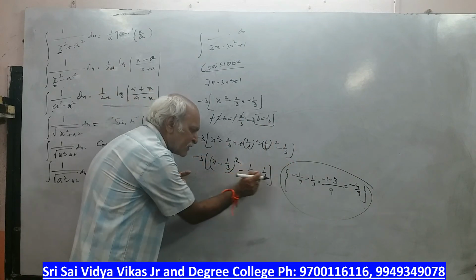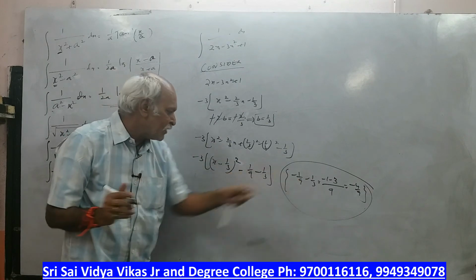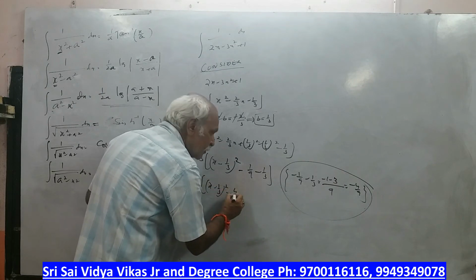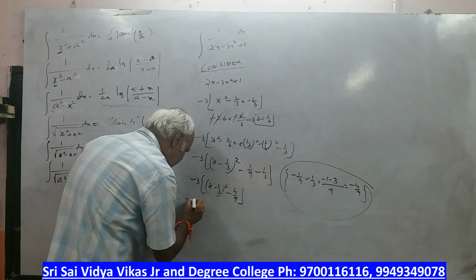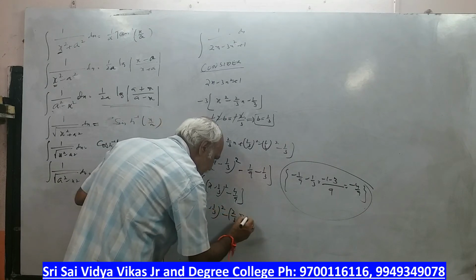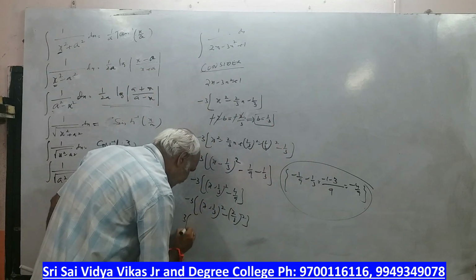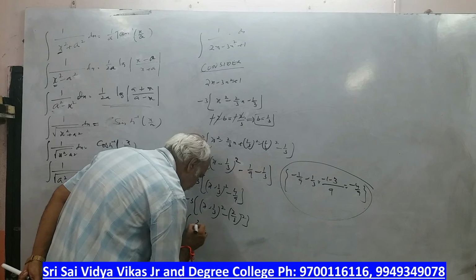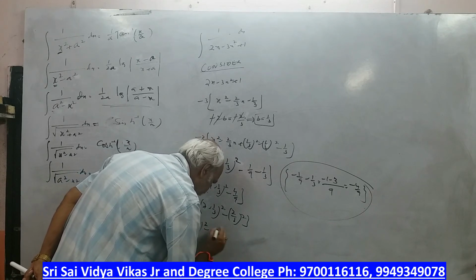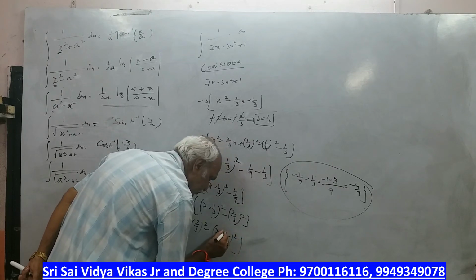Whatever value you get, you have to write as this. Don't bother about the minus sign, minus sign, plus sign here. All that is immaterial for us, sir. You have to see directly whatever value you get. So minus 3 into x minus 1 by 3 whole square minus 4 by 9. So this becomes 2 by 3 whole square. Therefore, again I told you, bring only the minus sign inside. So 2 by 3 whole square minus x minus 1 by 3 whole square. Don't forget about this, sir. If you are taking minus common, that you have to bring inside.